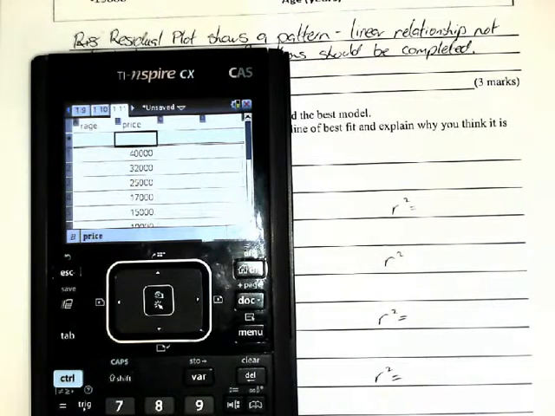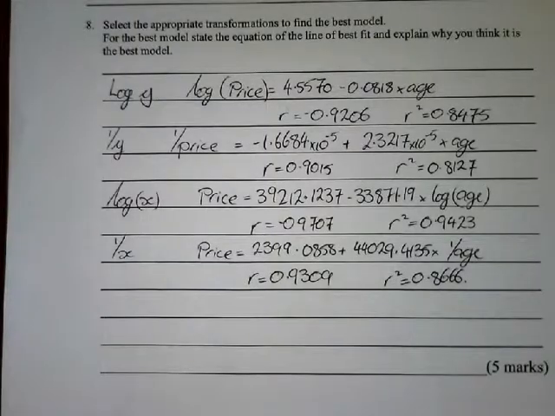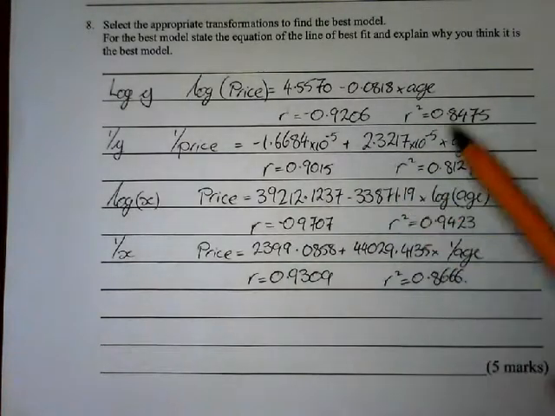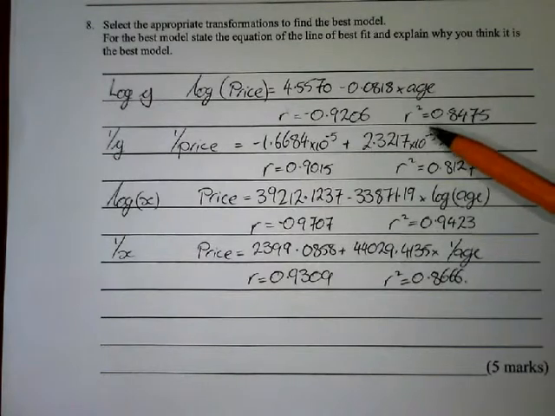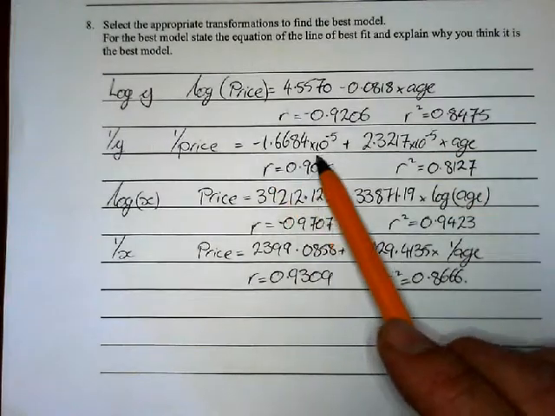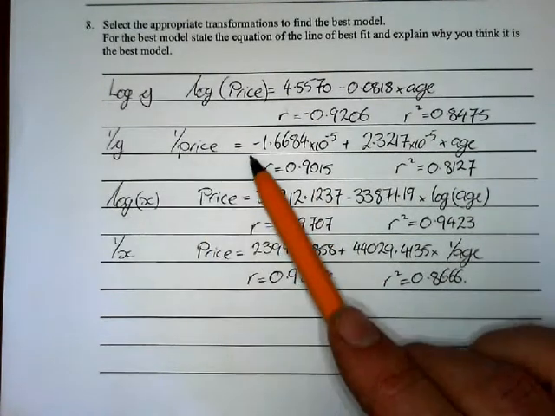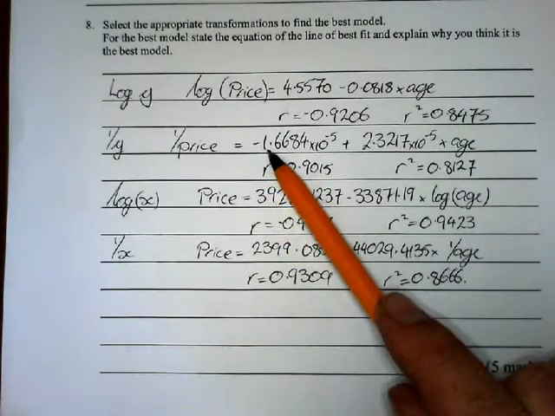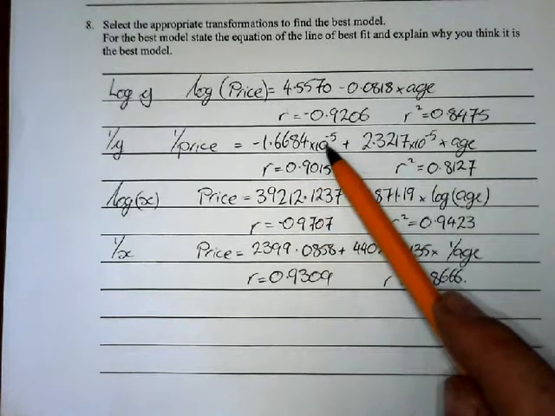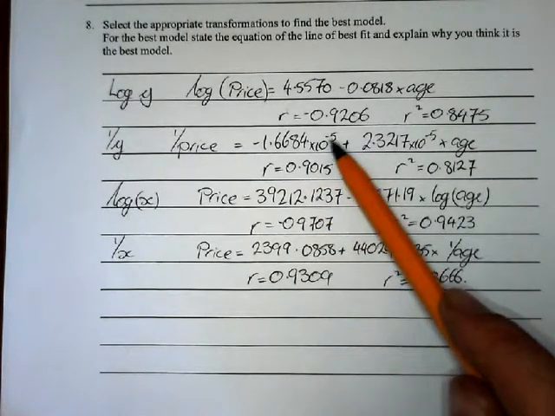Alright, so hopefully we're back again. We've got all the values, so you've been able to work it out, put in those equations. I want to talk through this one here, the reciprocal of the price. We've got negative 1.6684 times by 10 to the power of negative 5. Okay, so when you put that into the equation or into the calculator, you can see we've got some really small numbers. Alright, down the bottom, have a look, we've got